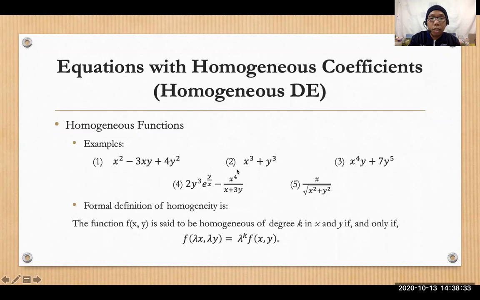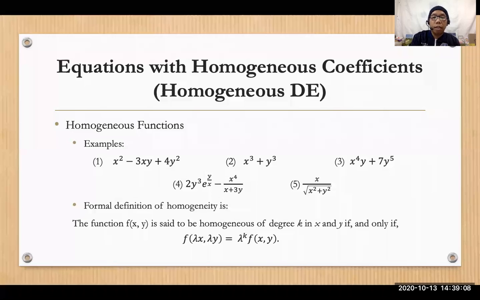Just like the second example, this is x cubed plus y cubed. This function is a homogeneous function since the degree in each term is the same. The first term is degree 3 and the second term is degree 3. And for the third example, we have x raised to 4 times y. This term is degree 5 and the second term 7y to the fifth is degree 5. So if the degree in each term is the same, this function is considered a homogeneous polynomial,